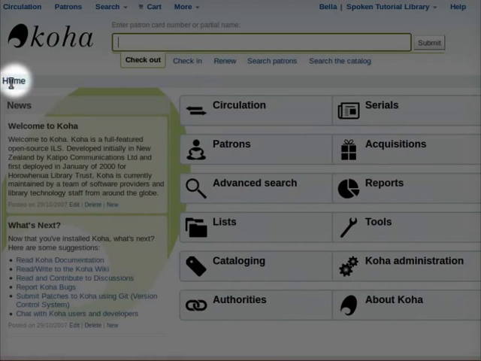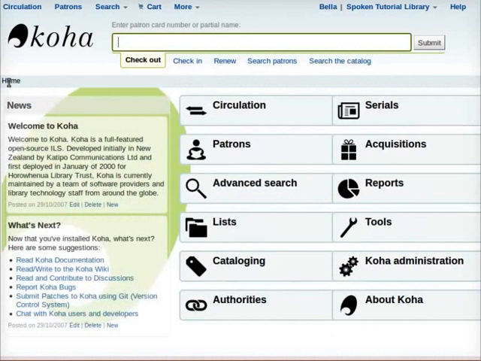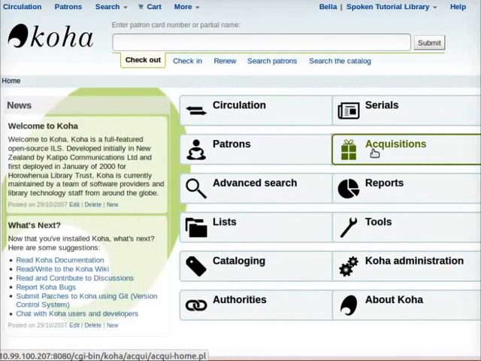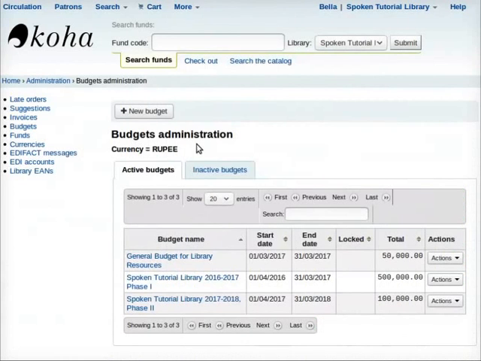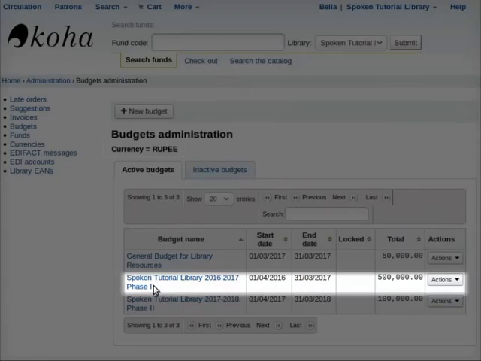On the Koha homepage, click on Acquisitions. Then on the left-hand side, click on Budgets. The Budget Administration page opens up. From the table, click on the particular budget name to which the fund has to be allocated. I will click on Spoken Tutorial Library